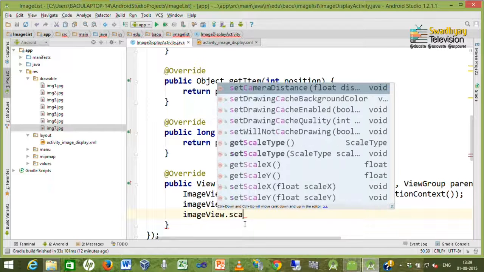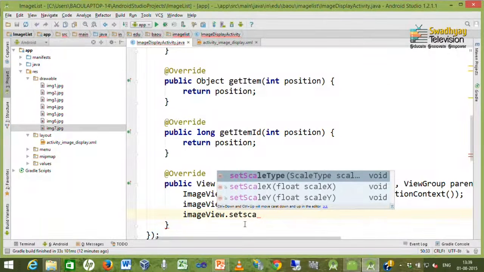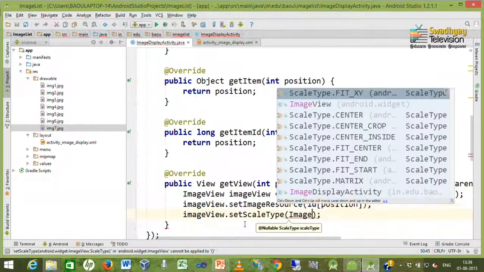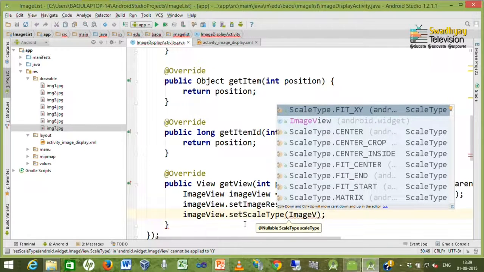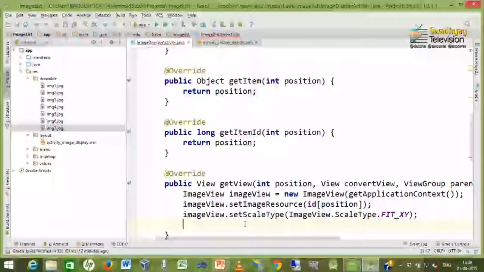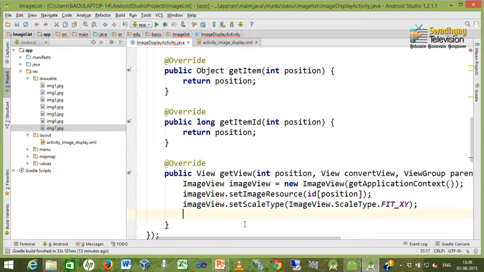Now, next we write setScaleType. This scale type represents how to display the image inside the gallery. I am selecting FIT_XY, which means we have to take the actual measurement for the image, and specify the width and height for this image.